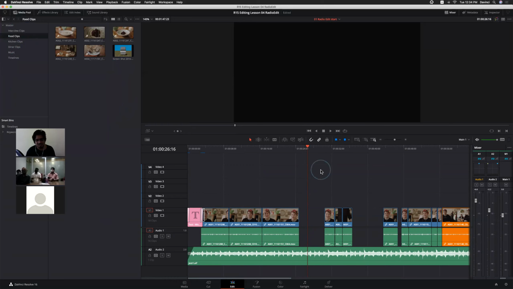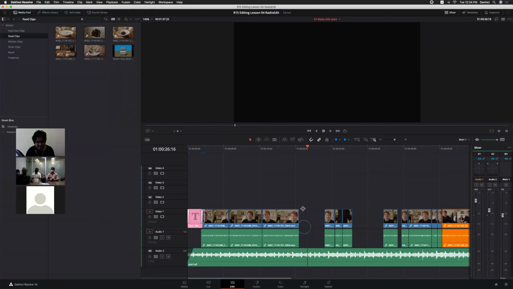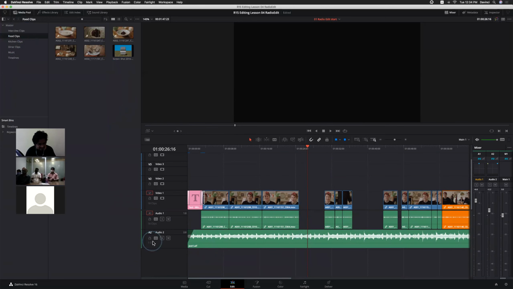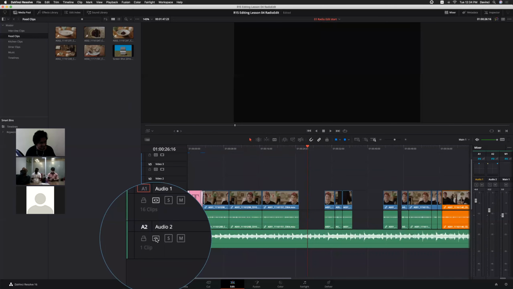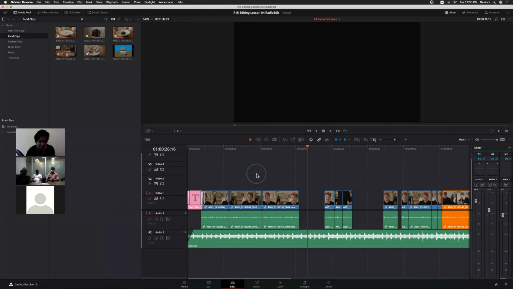So at that time, if you don't want to affect the remaining tracks while closing gaps, you can deselect that track, so that whatever operations you are doing will only affect the selected tracks. Okay, right, like that.